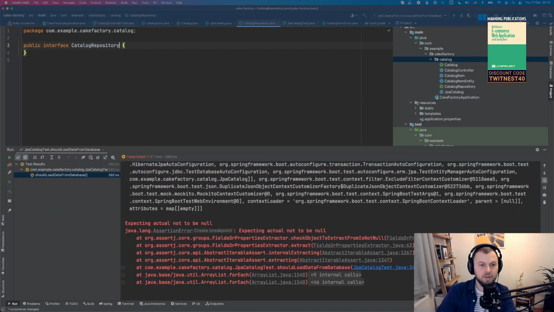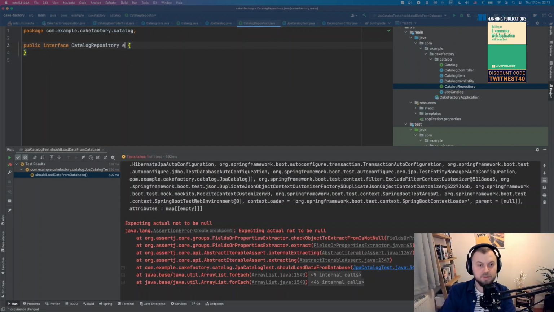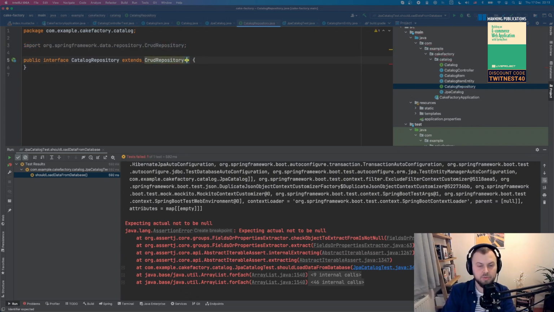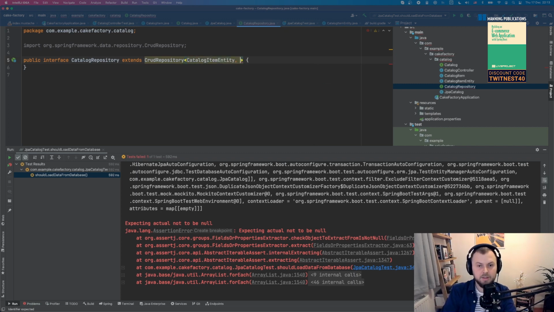But for now, imagine we just read this chapter, and I know that what I'm going to need to do is extend a special class provided by Spring Data called CrudRepository. I'm going to be using my catalog item entity, and as an ID, I'm going to be using String, right? It kind of looks like magic, but we don't have any implementation of this interface. That's all right, because Spring Data will actually create one for us. It will connect it to the database and get the data from the database.